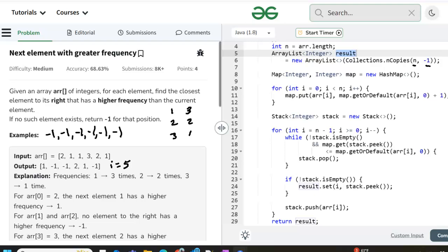What is array at I? It is 1. So we're going to push the 1. This will be our stack here. All right. Next time through, I goes to 4. And we're going to say while the stack is not empty, and the stack is now not empty, and map get stack peek. Okay, so stack peek is 1, and in the map that's going to be 3. Is it less than or equal to